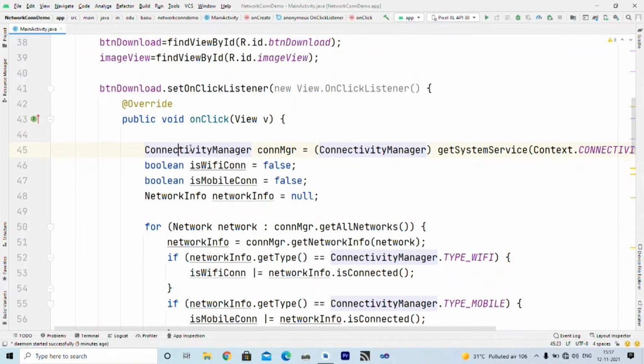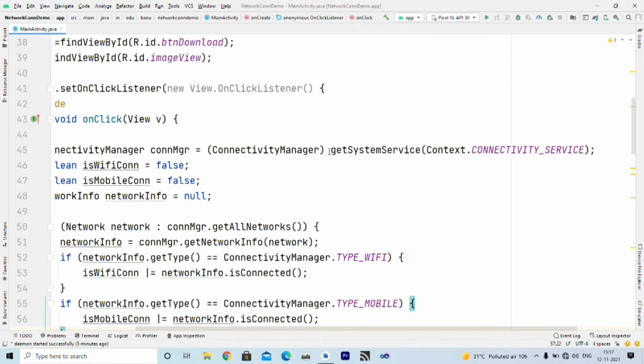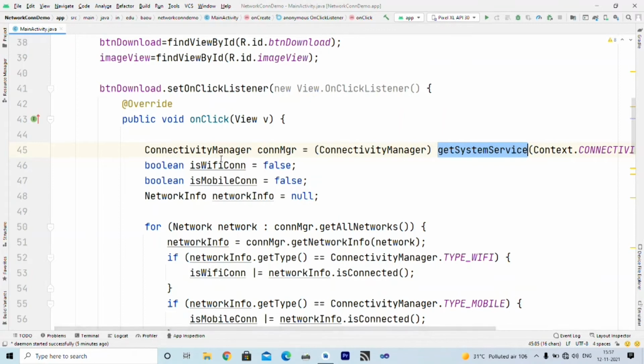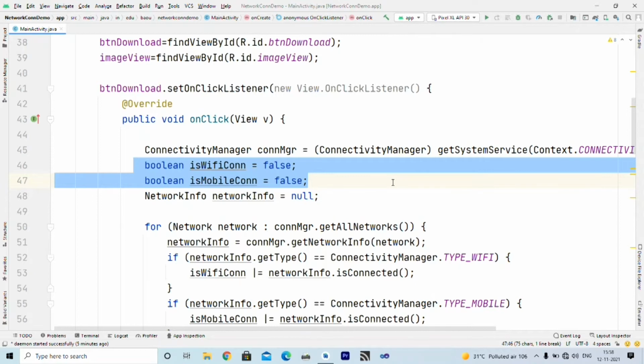Here I first create an instance of the ConnectivityManager object, that is connectionManager, by using getSystemService. Inside getSystemService, we want to get the connectivity service. This will allow us to use connectivity services using this ConnectivityManager. These two boolean variables specify whether we are connected with Wi-Fi or with mobile.